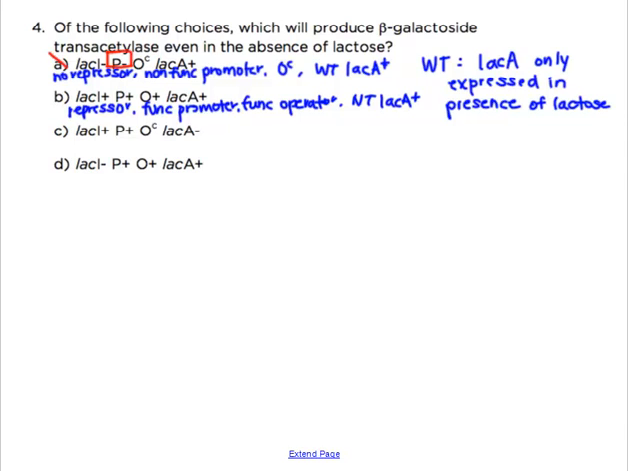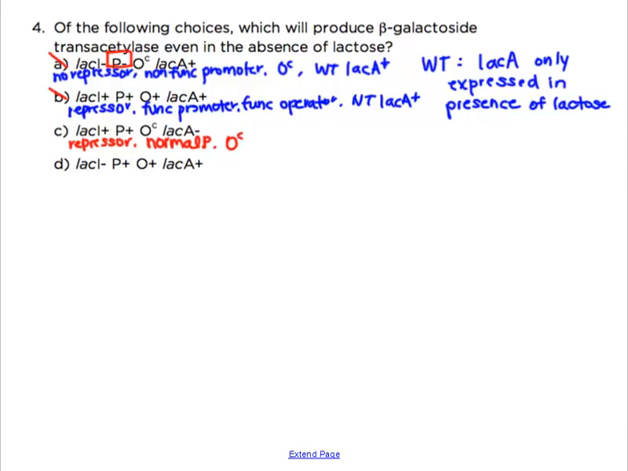So this will give you the wild type phenotype of the lac operon, which is not what we're looking for. Remember, we're looking for something that expresses LAC-A even when there's no lactose around. Okay? C has a repressor protein, a normal promoter,